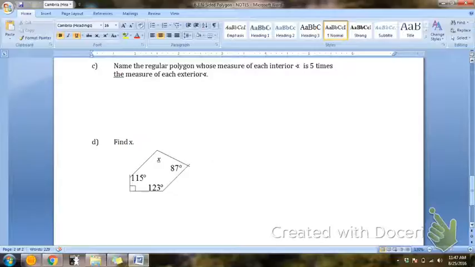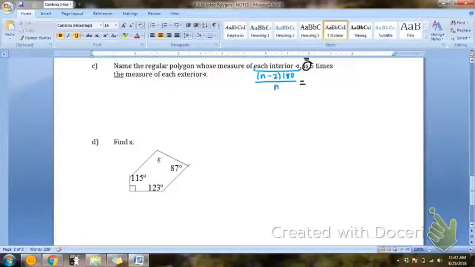We know that each interior angle has a formula. Each interior angle we know is represented by what? Each interior angle is n minus 2 times 180 divided by n. You can look back if you need to. That's that formula. What does "is" mean in math? Equals, right? So I have an equal sign right here. So I know I'm going to put equals